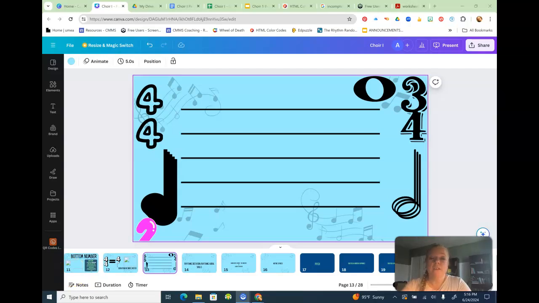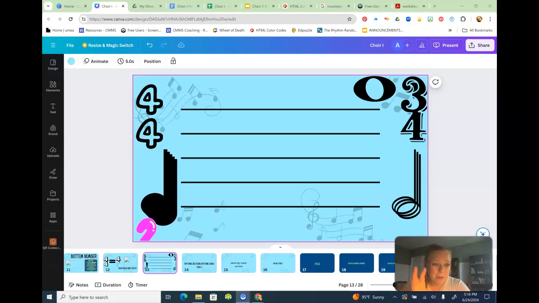Hey guys, we've been working on basic rhythmic concepts. Remember, we've talked about how time signatures work, how we can look at music through time in a traditional notation sense, and we've taken a look at what time signatures mean. One of the ways we can check to see if we understand is by doing a little bit of